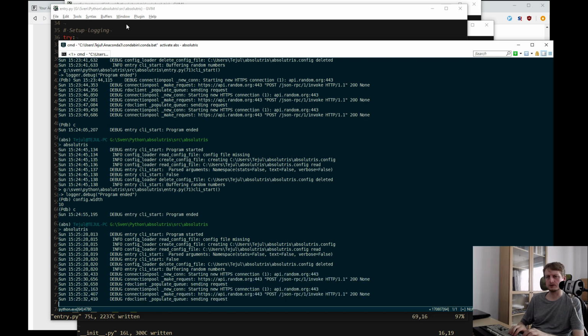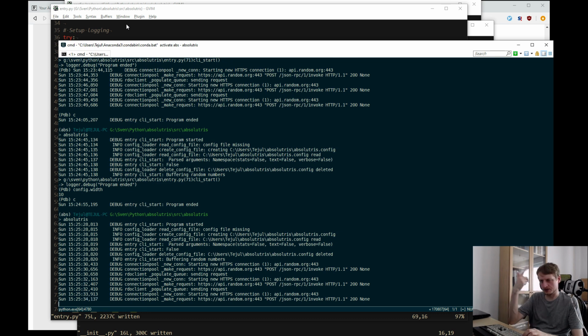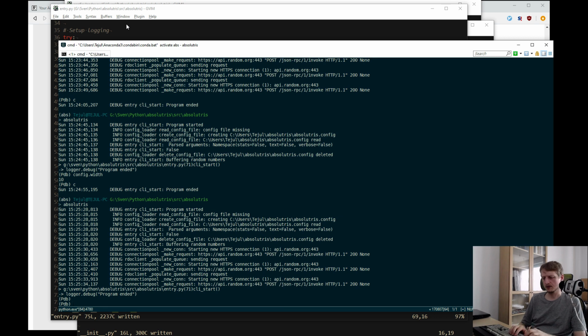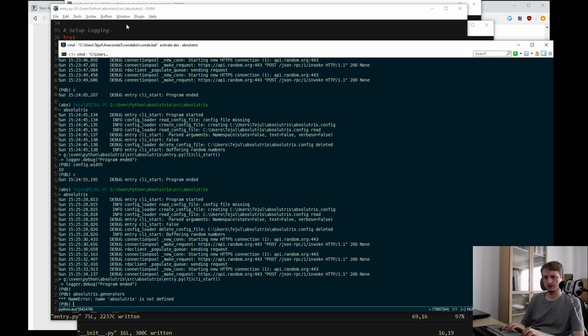Yeah, it works. It still works. So I actually don't need to import the generators there. And absolutris generators, now it's not defined, so I actually need it there. Okay.